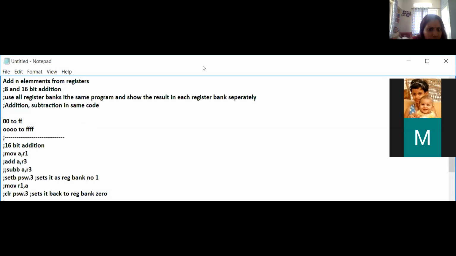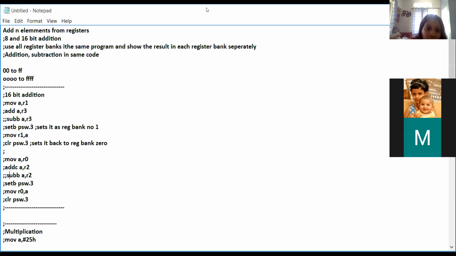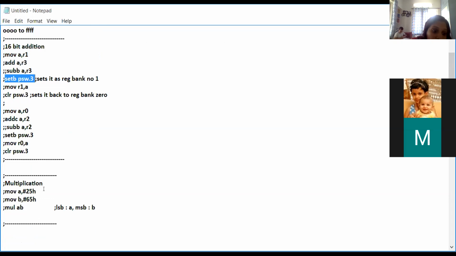Okay, fine. With the basic assignment, it is very good, but you will get only 25 to 30 marks for this type of code. Because if you want marks of more than 40, then you have to do something more or extra in your program. So you can try with subtraction, you can try with the register bank. You select a different register bank in your program. You can try with multiplication like this.